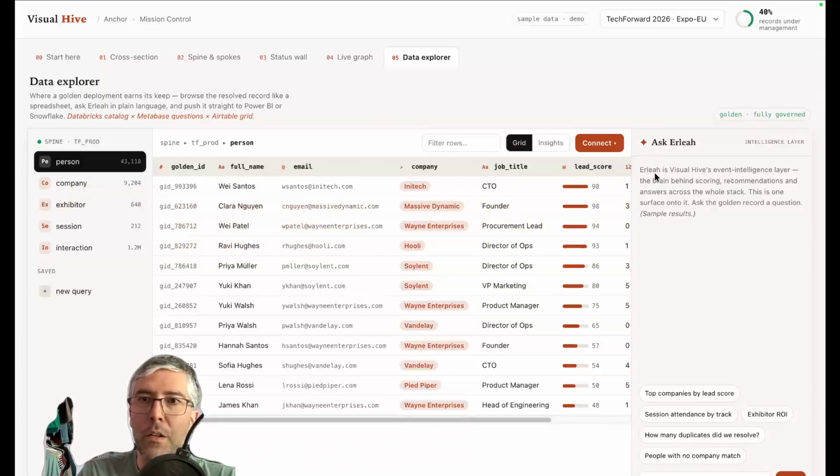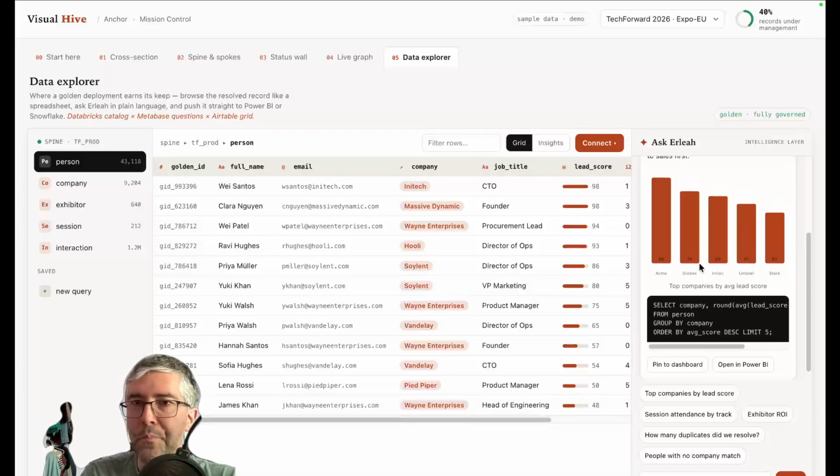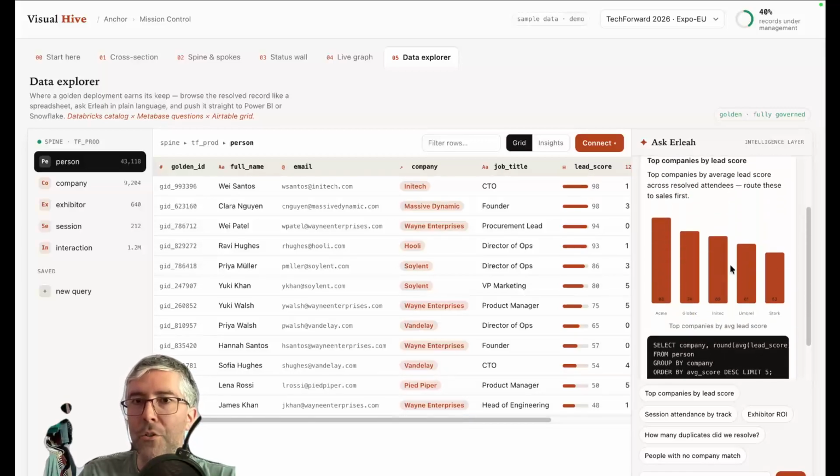So then obviously the other thing you can do once you have that spine and all that data is you can run analytics. So then you get to the kind of Snowflake, Databricks, ClickHouse, all that other stuff where you can look at your event with clever queries. So, top companies by lead score or whatever. Get the AI to generate the queries for you, as is the case with most of these tools today, and then have amazing analytics and statistics coming out